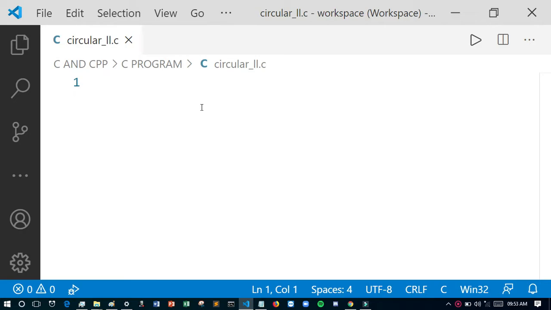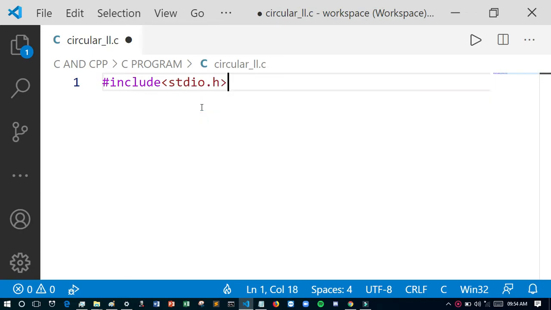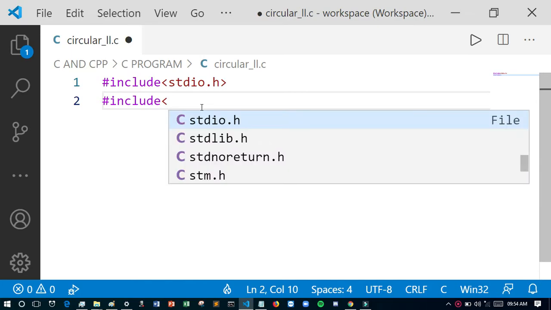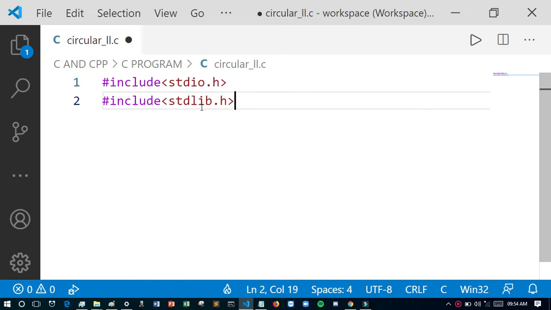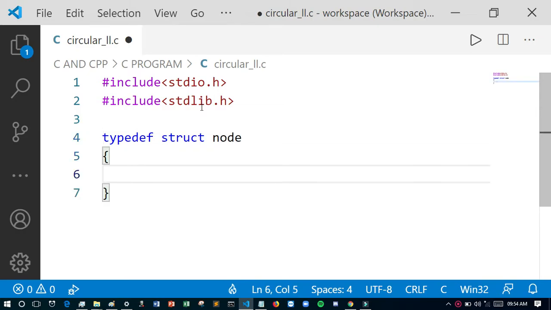Now I write this code. First I want to include the header files which are required in this program. Then I want to declare a typedef structure and give it the node type name, node.